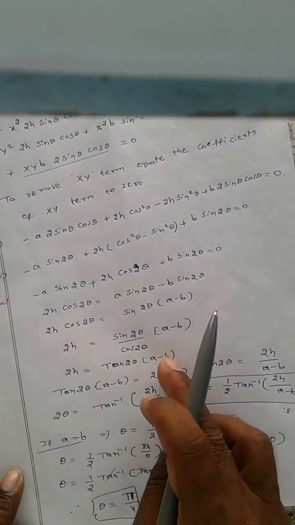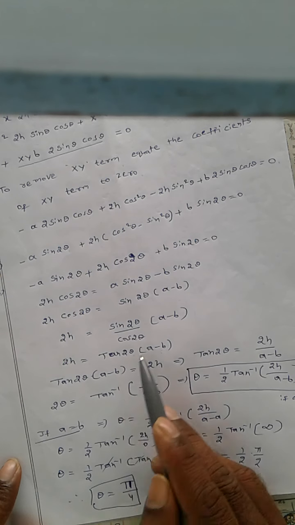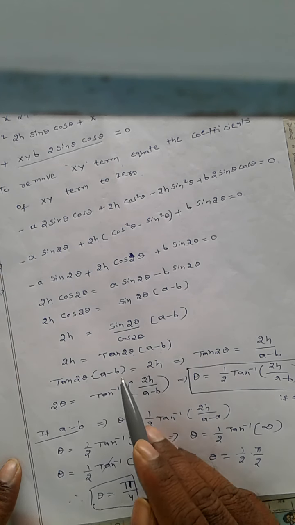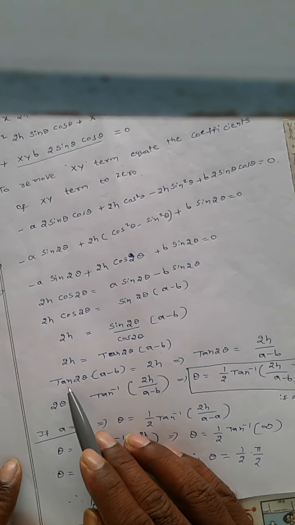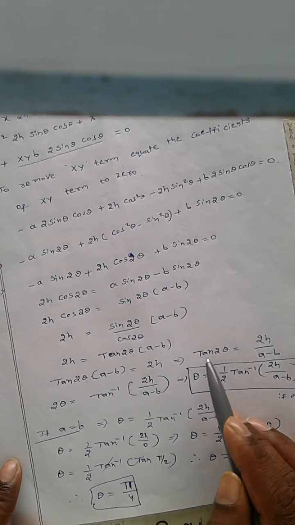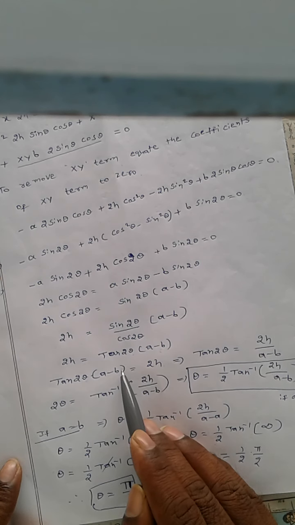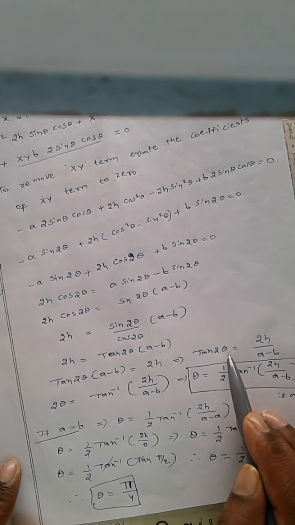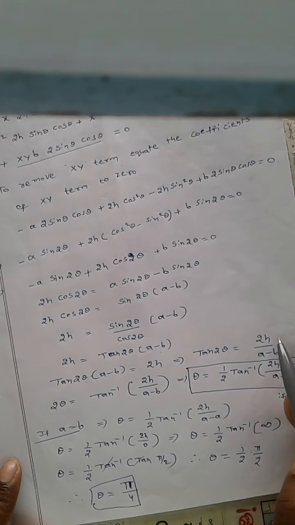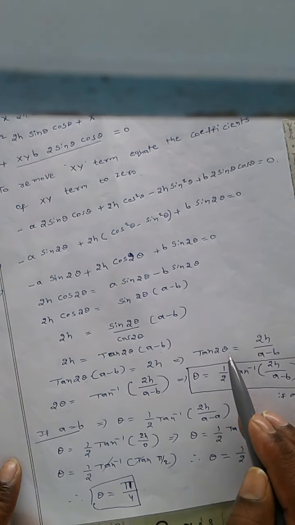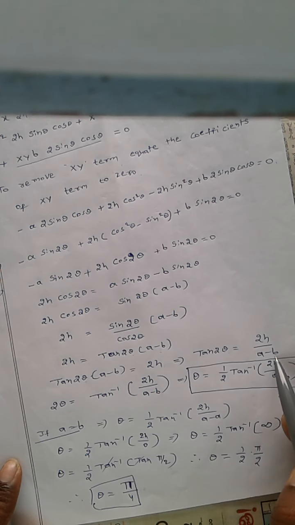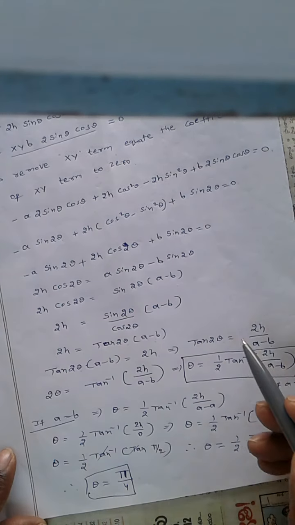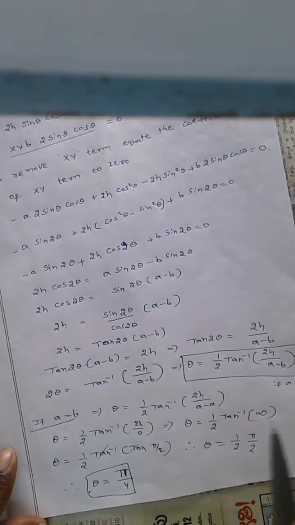So reverse all these terms. Tan 2 theta into a minus b is equal to 2h. We want only theta, so the remaining terms are all kept on the right side. Tan 2 theta is equal to, this is multiplication, kept on the right side that is a division. So tan 2 theta is equal to 2h by a minus b. Why? Because a minus b is multiplied on the left side, kept on the right side, that becomes division. Okay. Next,